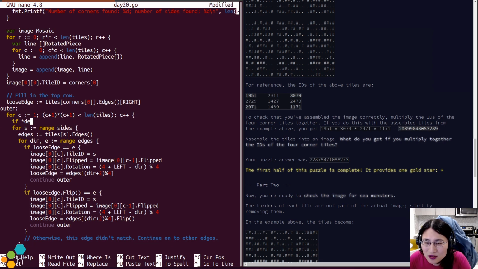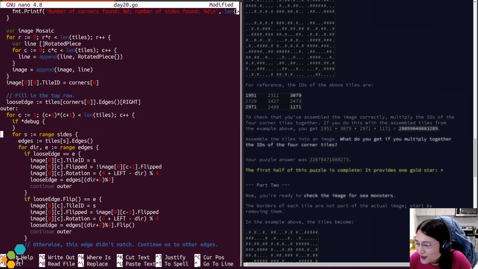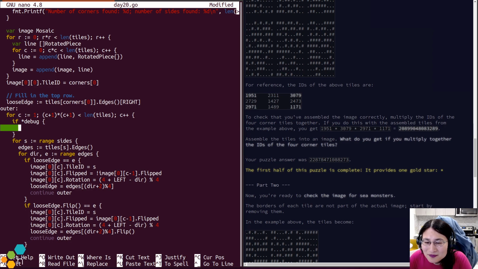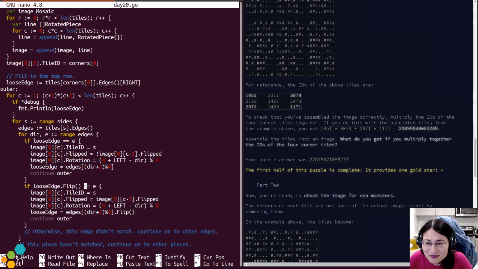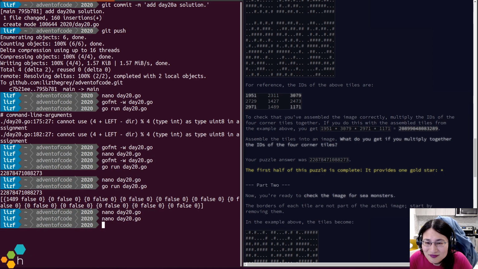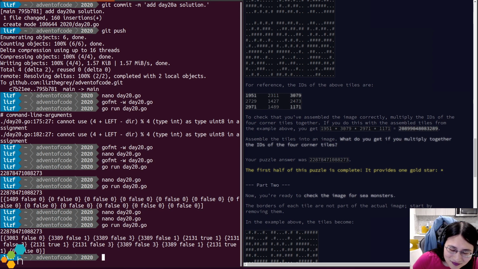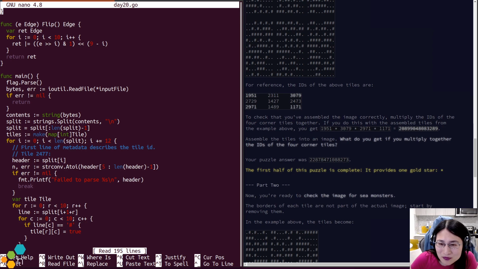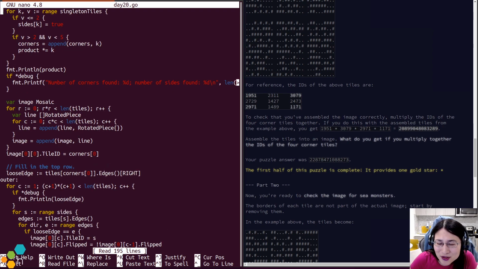All right, let's add some debug output here. Oh, wait, is this code actually executing?